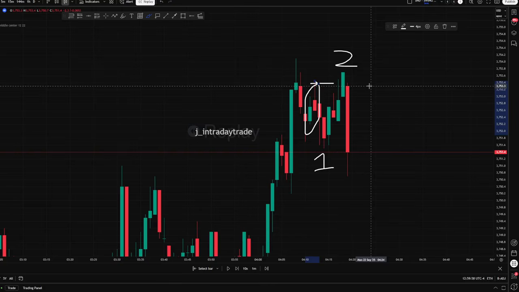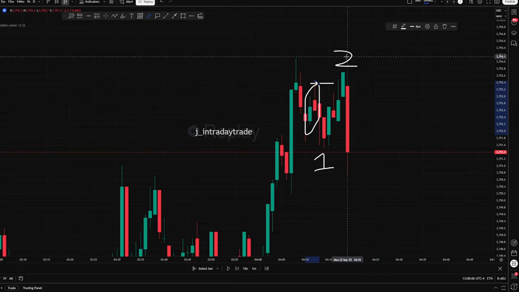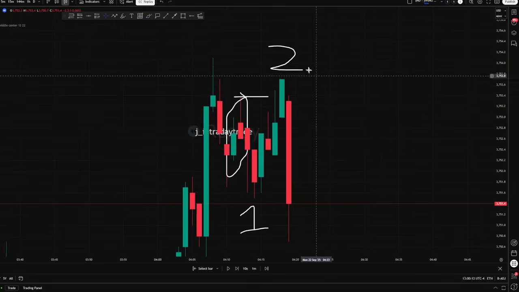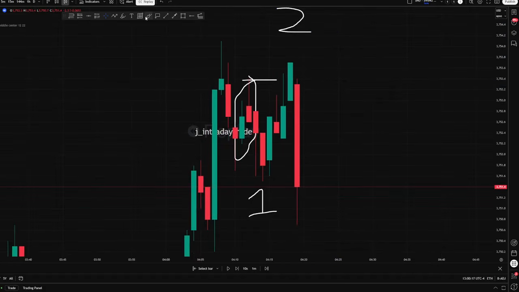Especially the new guys. I want to see if you're following along with that very thing. So you see that that's a 2, that's a 1. Let's zoom in a bit. Now we're starting somewhat. I'm going to give you a taste of the autism. Because what you see right here, look at these candles. There's a trade in here.